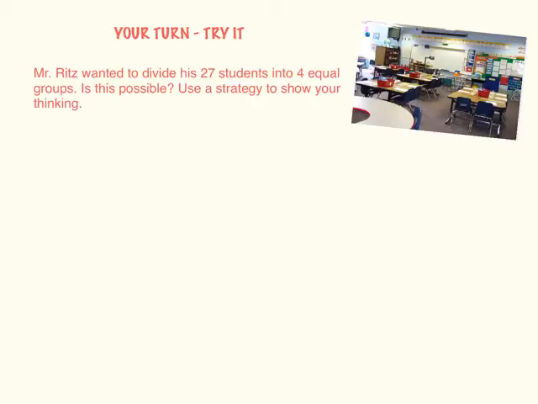All right, so we have Mr. Ritz. He's our teacher, and he has 27 students that he wants to divide into 4 equal groups. The question asks, is this possible? So we need to answer that question, and it asks us to use a strategy to show our thinking. Strategy I'm going to choose is draw a picture. So we have 4 equal groups